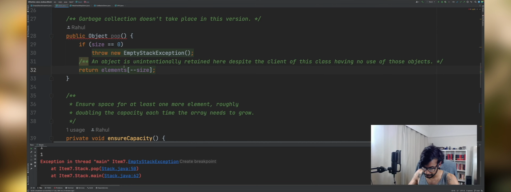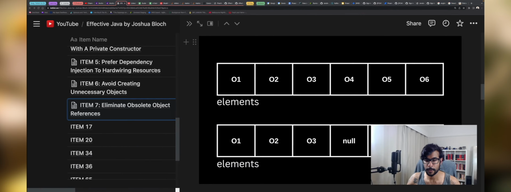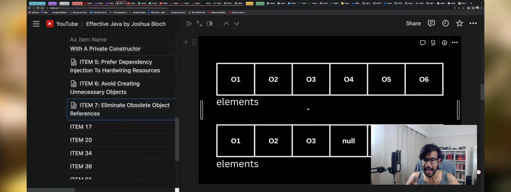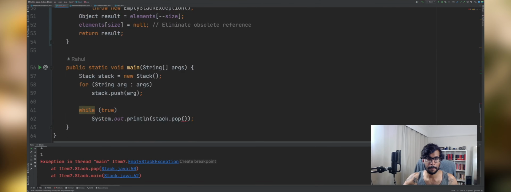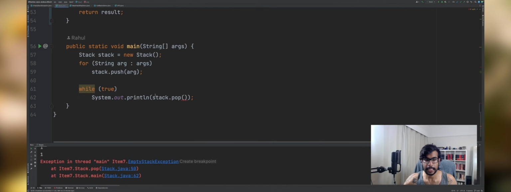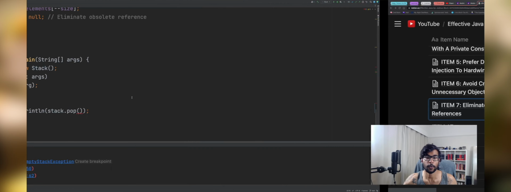There's a nulling out here. This is because the stack maintains obsolete references to these objects. An obsolete reference is simply a reference that will never be dereferenced again, so never be used by the program again. In this case, any references outside of the active portion of the element array are obsolete. It's important to understand what he means by the active portion. The active portion really is the portion of the array that the client would care about or use, the client